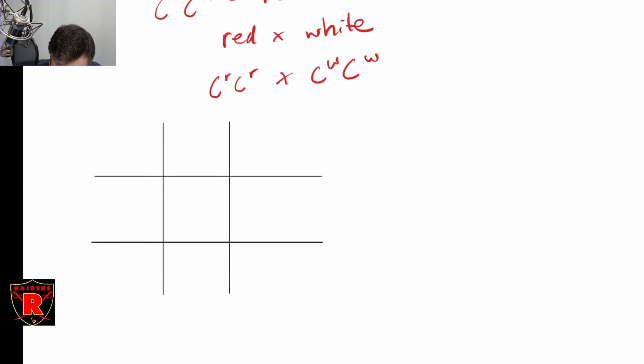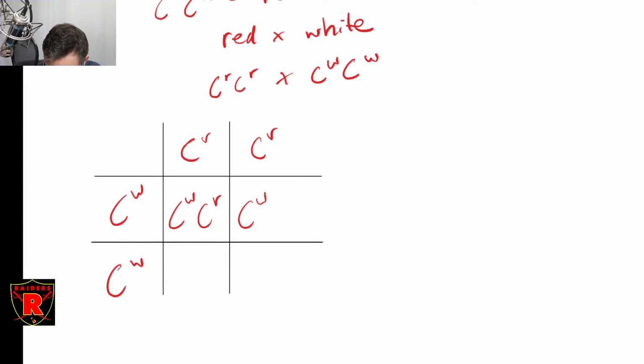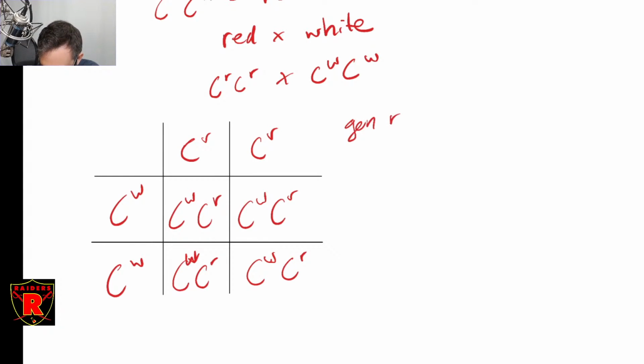So we've got CR, CW. We do our Punnett square. CW, CR, CW, CR, CR. And you'll notice, yep, it's 100% CWCR. So then the genotypic ratio here is 100% CWCR, and the phenotypic ratio